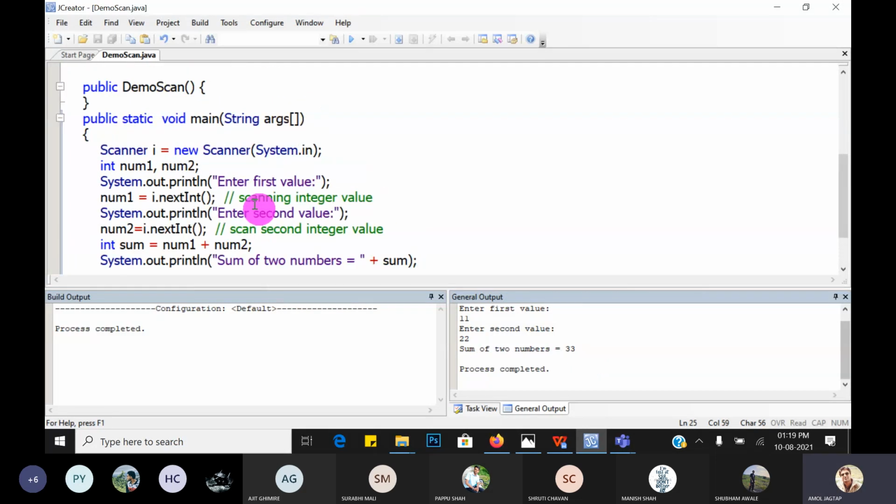Guys, hope you understand how to scan any two integer values from the user. Any doubts?